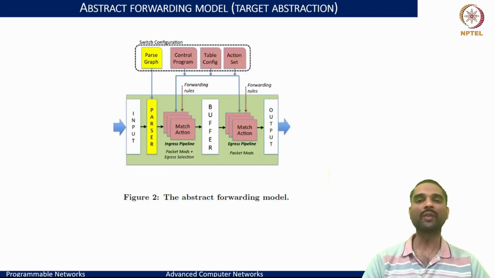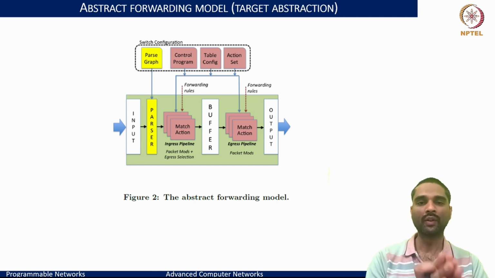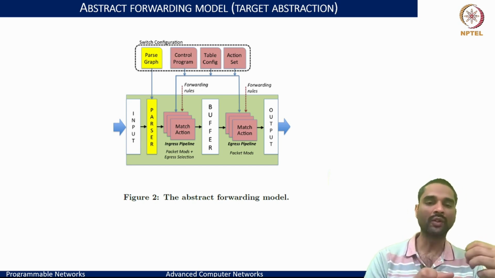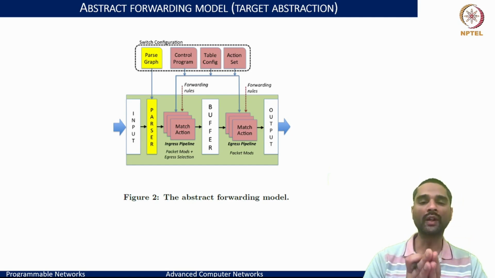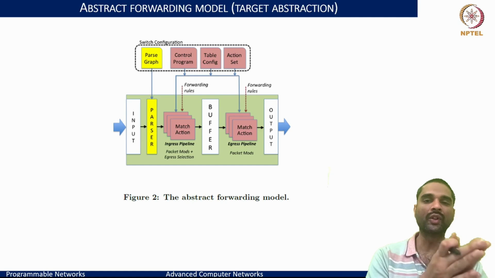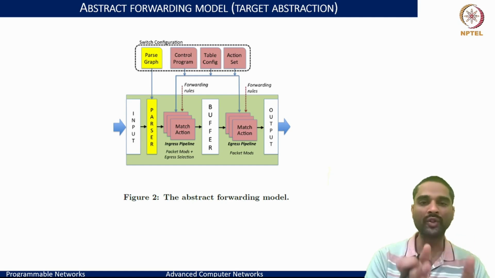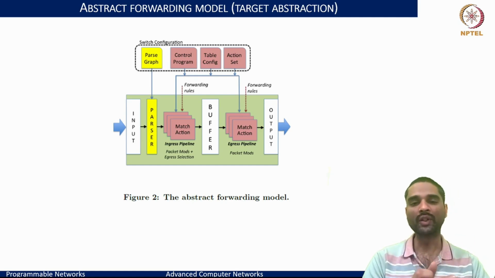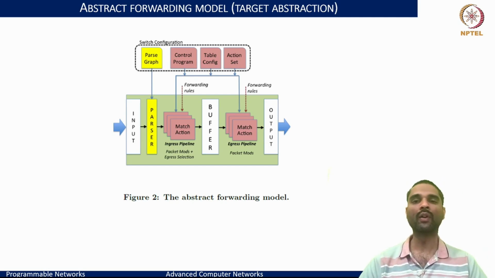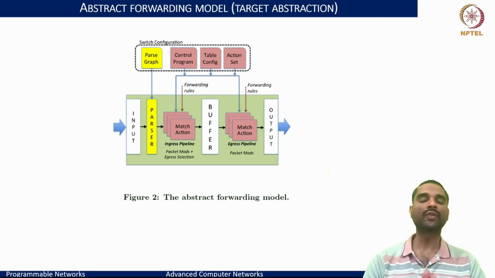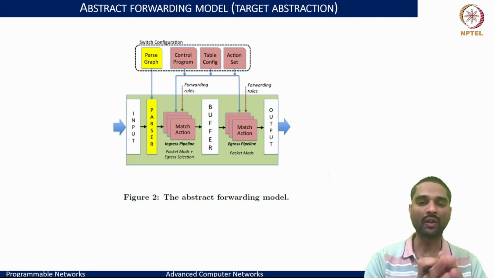And this comes in a very simple abstract forwarding model. What we can put up is, on the switch side for the configuration, we are trying to set up what we call a parse graph, as a specification that we want the switch to understand. Second, the control program that dictates the pipeline stages for a given parse graph, which are all the control or the pipeline stages that need to be processed both on the ingress as well as the egress side. Third, the table configurations themselves, in terms of, for a given match action, how would I want to set up each of the table stages,